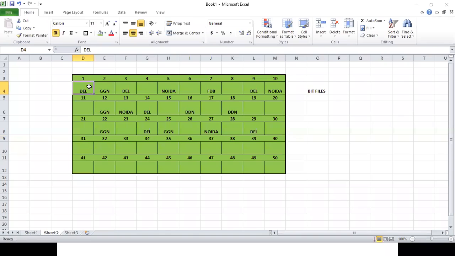Yes, it will take it. 2, it is not there. 3, yes, it is Delhi. It will take it. Then again 4, 5, 6, so on. It will go to the 9th place. It will again get the Delhi. It will take it, and further it will keep on moving and picking up the places where it is getting the Delhi, till the end of the space. And then it will give us the list. So it is knocking at each and every door and checking whether the value of Delhi is there or not.